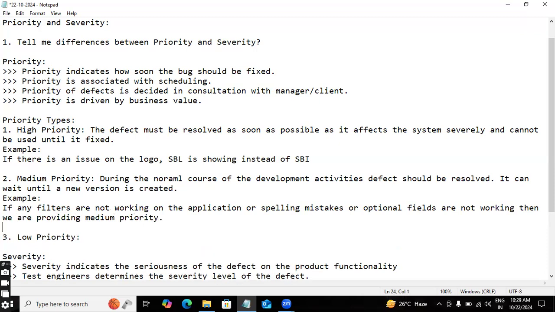Okay, and the low priority. Low priority means, what is my low priority, guys? Guys, please tell me low priority. It shows the less impact in the application, sir. Okay, so the defect